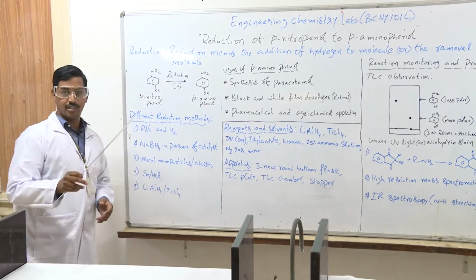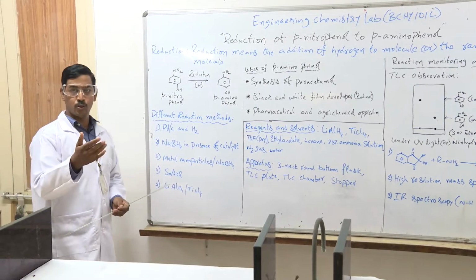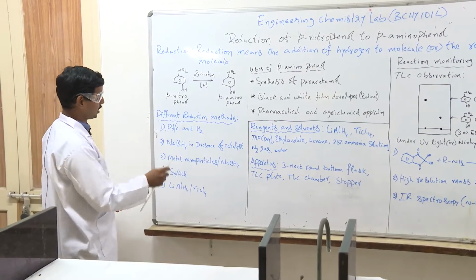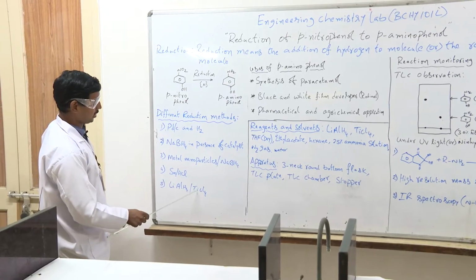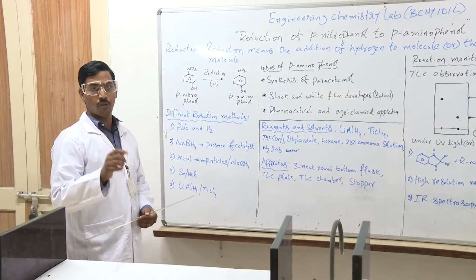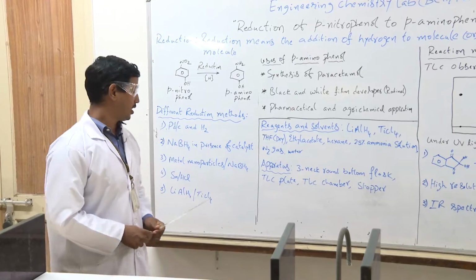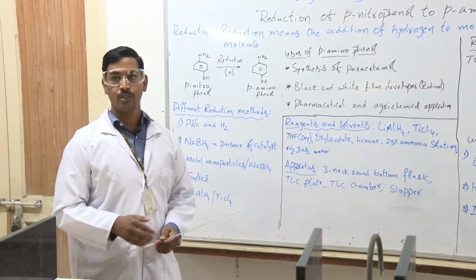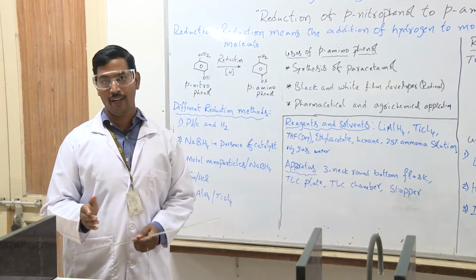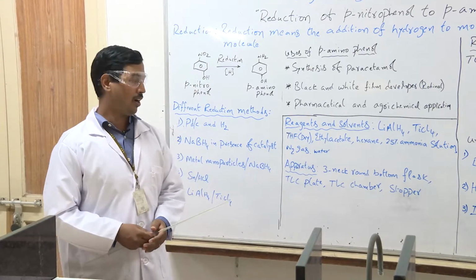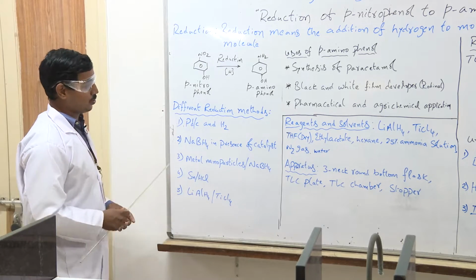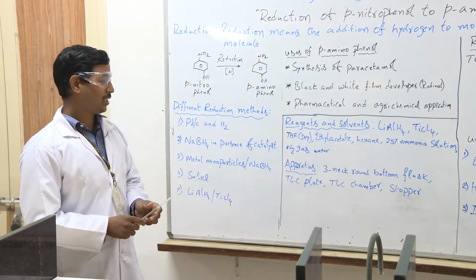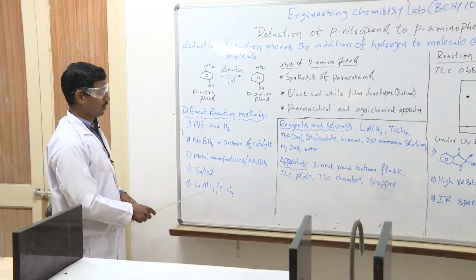In order to reduce these limitations and get a good amount of product, we have chosen the best method among these. So now we are going to do this experiment with lithium aluminum hydride and titanium tetrachloride. One more important thing to remember: handling lithium aluminum hydride is very difficult, and it can easily react with water or moisture. So whenever you do this reaction in your campus, you should use sodium borohydride instead of lithium aluminum hydride.